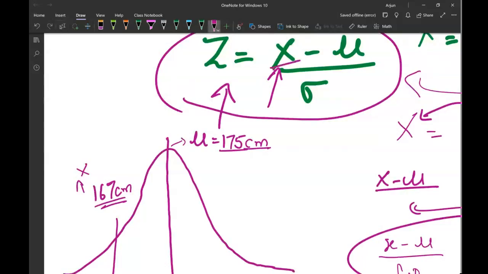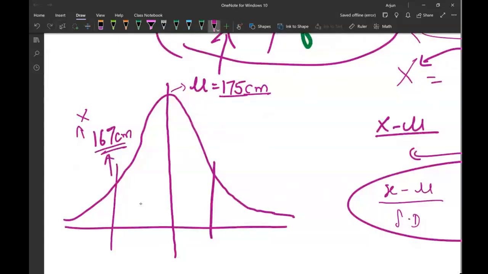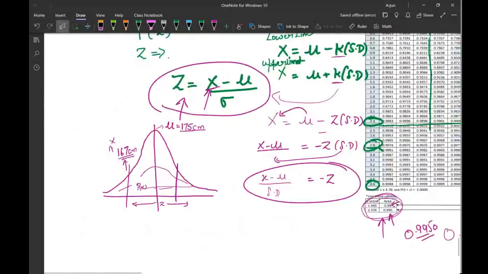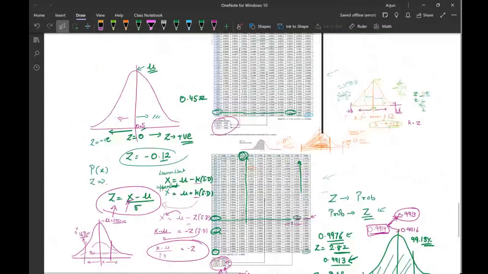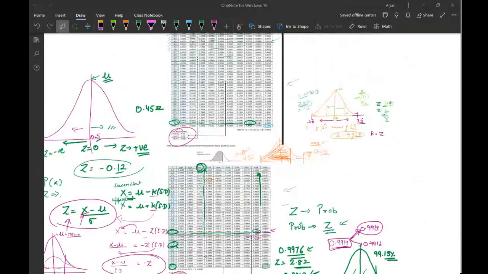Whenever I'm going to solve some questions, I'm going to write the X values here. Probability values I'm going to write in the middle section, and Z values I'm going to keep on writing at the bottom down here. So that was just the basics of the probability distribution graph, the normal distribution graph. Hopefully you were able to understand this graph. I'll see you with another video. Till then,